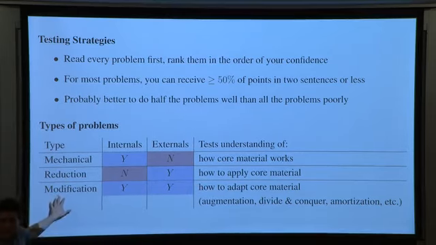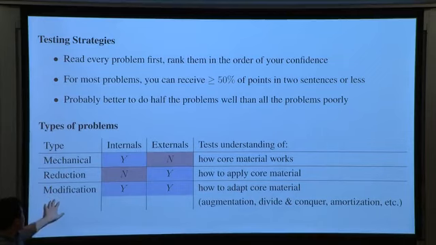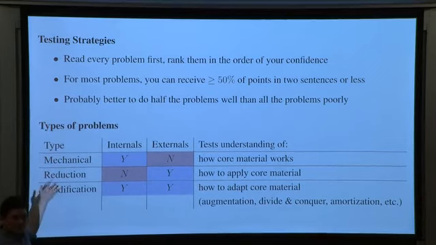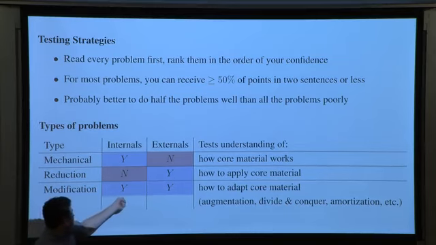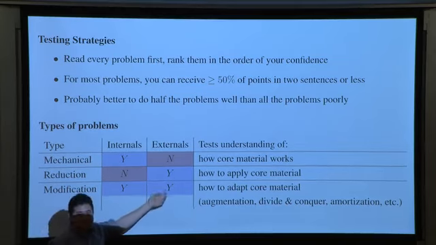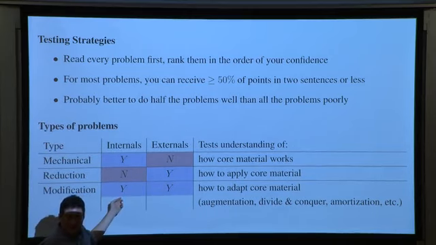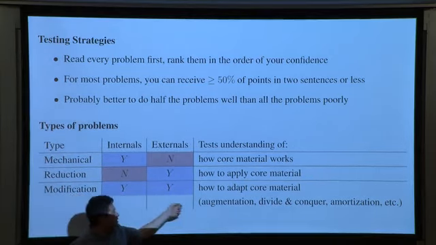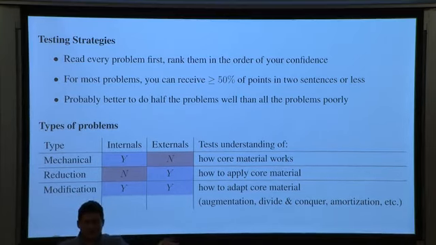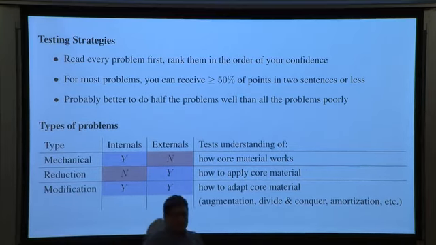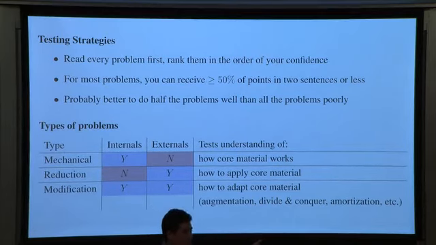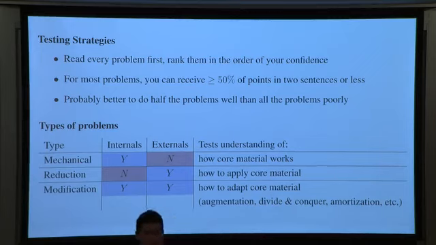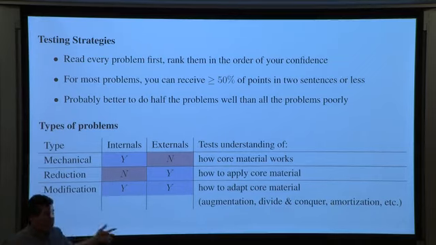And harder than both of those things is what I might call a modification type problem. I mean, these aren't really good names. I came up with these this morning. But it's trying to get at the idea that you kind of need to know what the API is, and you kind of need to know what's going on inside to be able to answer the problem. Things like adapting a divide and conquer algorithm, or, instead of using a dynamic array that has extra space on one end, maybe I have to put extra space in the middle or something like that. I'm adapting something from the core material. It's pretty close, but I have to modify it in some way.